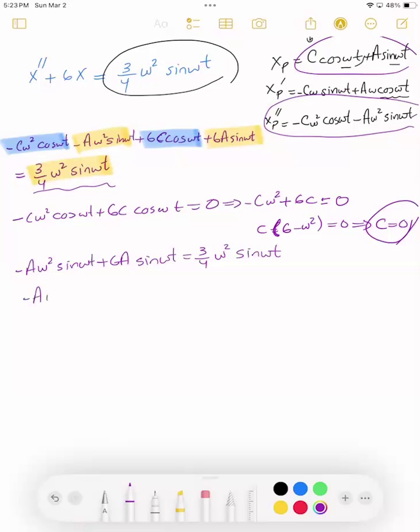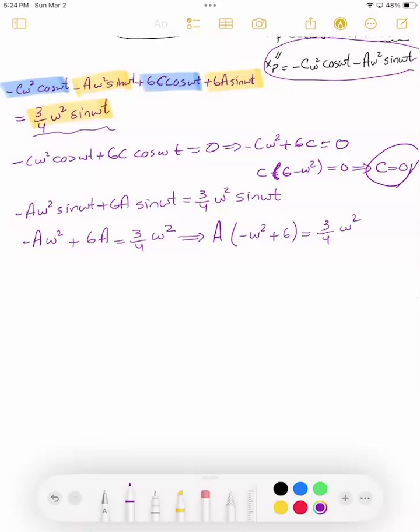We get minus a omega squared plus 6a is equal to 3/4 omega squared. We are solving for a, that is the amplitude of the problem. I factor it and get negative omega squared plus 6 times a is equal to 3/4 omega squared. I divide both sides by the coefficient of a, so I get a is equal to 3 omega squared over 4,